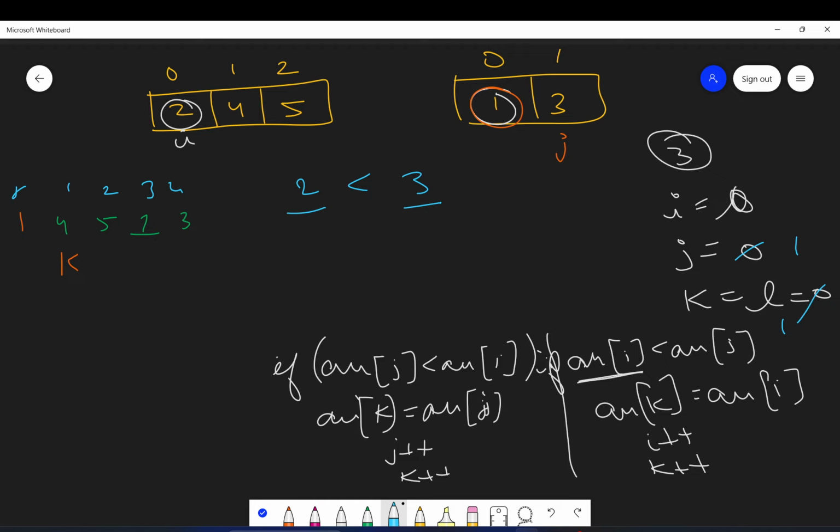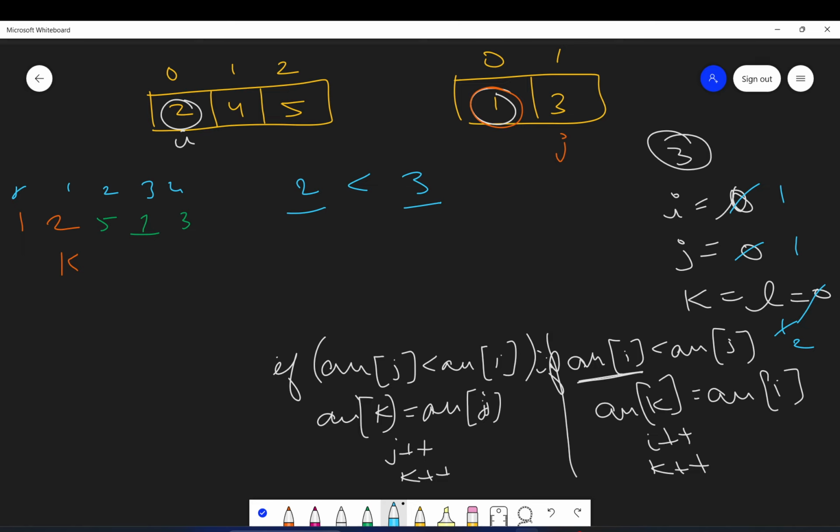Now, okay. So what we will do is, here in ARR of K, our value 2 will go. And I will increment to 1 and K will increment to 2. I plus plus, K plus plus.